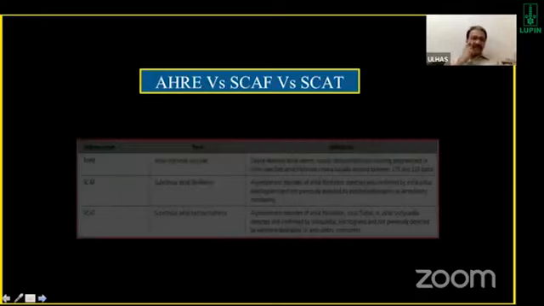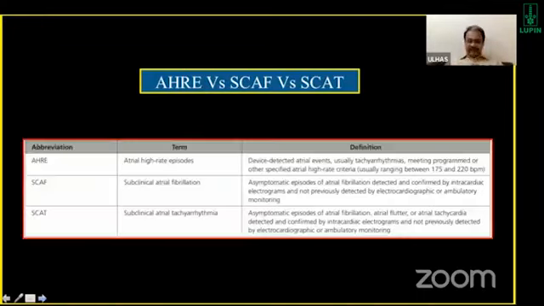And what is AHRE? It is atrial high rate episodes. If you are looking at the AF burden, one of the ways of looking at it is to go through the data that is taken out from an implantable device, for example a pacemaker. A pacemaker, when there is an atrial lead, is a good device to tell you whether there was a high atrial rate event. That is known as atrial high rate event, or AHRE in the abbreviated form. But then it has its own issues.